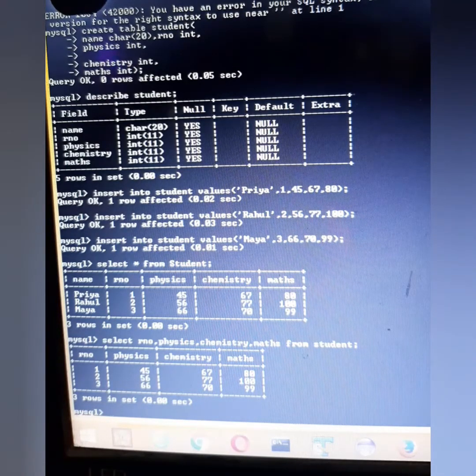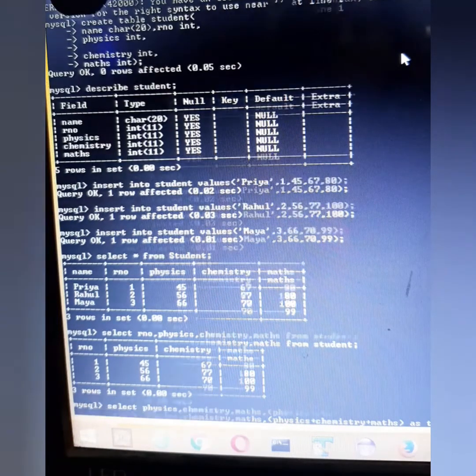Although we do not have such an attribute in our table, for temporary purpose we can write select physics, comma chemistry, comma maths, comma bracket open physics plus chemistry plus maths as a total, comma again I can write here physics plus chemistry plus maths divided by 3 from student.